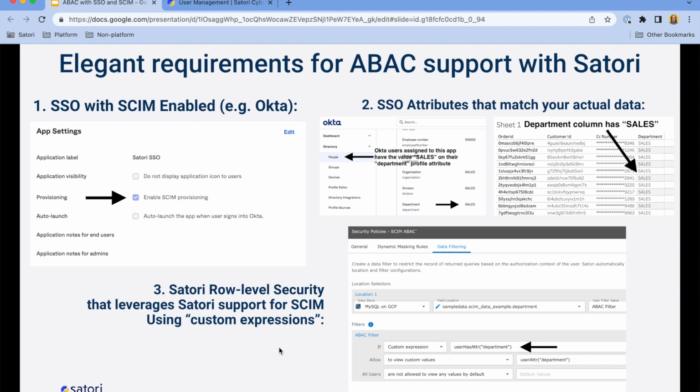Satori's support for attribute-based access controls is incredible. On the screen, we've shown the elegant requirements for setting this up. This is not the only way to set up ABAC support with Satori, but we consider this the best way. Step one would be to have single sign-on enabled with your provider, in this case, in the upper left, Okta,